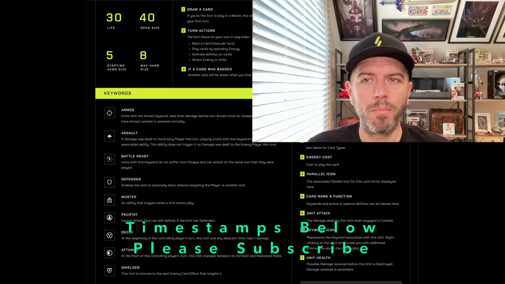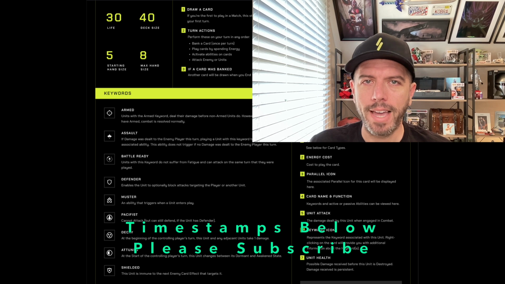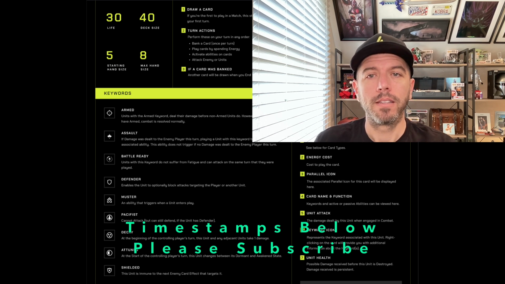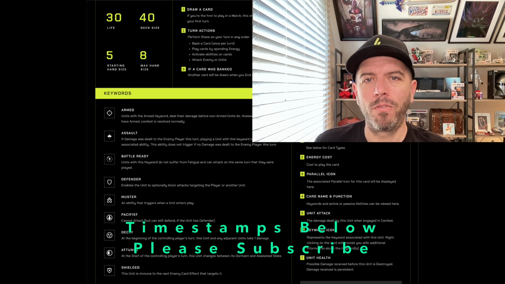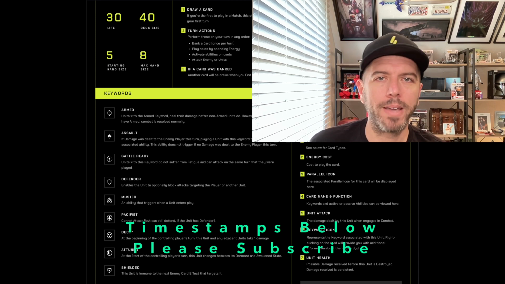Now that you've seen the game board, client, and how turn order works, let's break down the very handy Parallel Cheat Sheet. This document, linked below of course, is very helpful for new players. After a few games, you likely won't need it anymore, but it's nice to have as a reference. Between this and the How to Play Parallel 101 video, you should have all of the basics to jump into